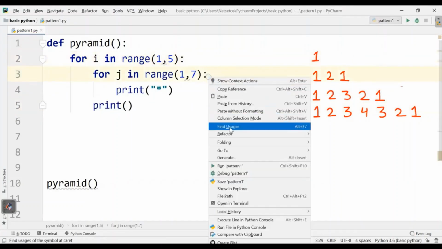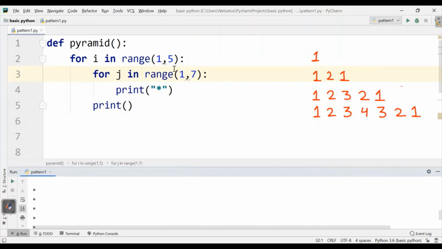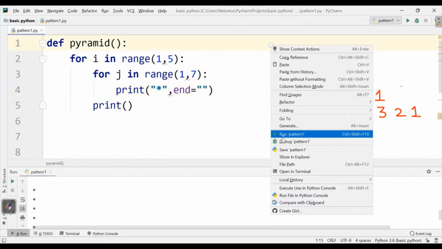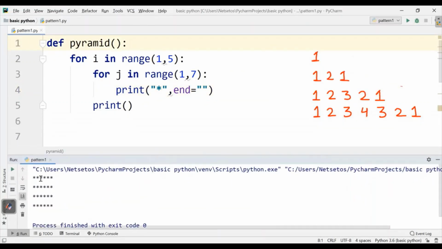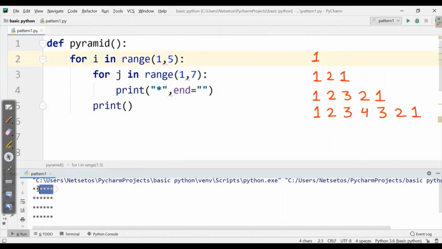Now when we print this, I'll get all these stars, but these are in different lines. So I'll write here end equals empty to get this in the same line. So when I run this, I'll get all these stars for 7 in one line. Then to come to the next line, I'll just write print and it will come to the next line, and it will print 4 times. Now we need to modify this uniform star to an increasing number of stars. As per the first we have 1, then 3 columns, then 5 columns, then 7. So here it is increasing. Instead we have written 7 here, which is hard coded.